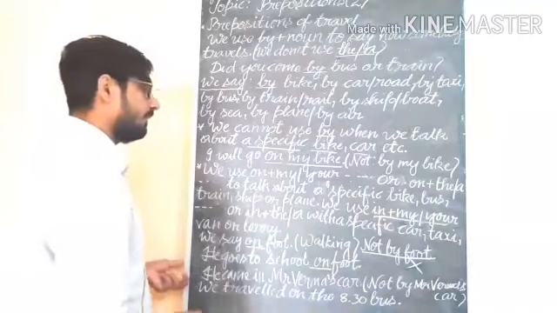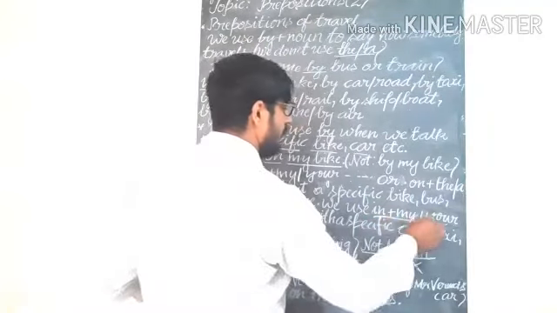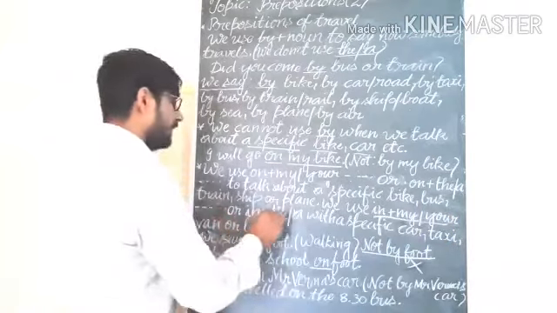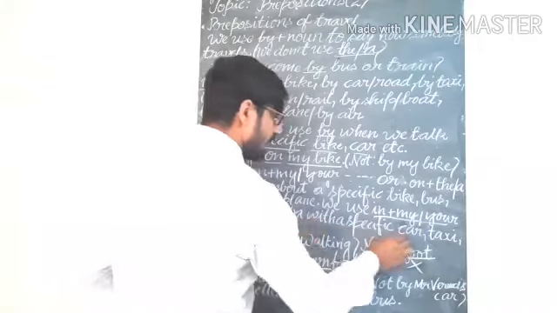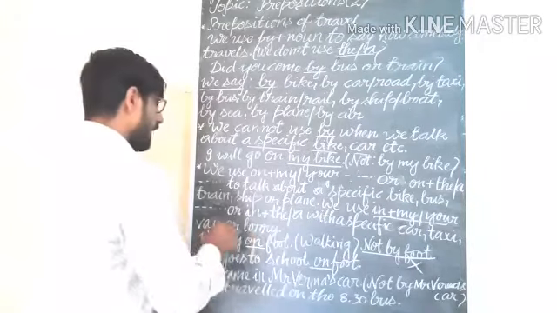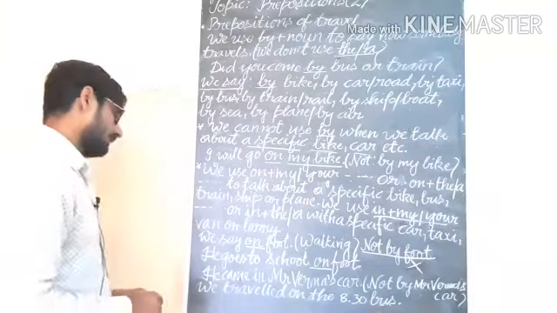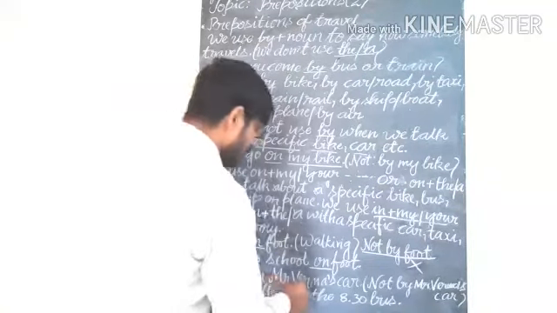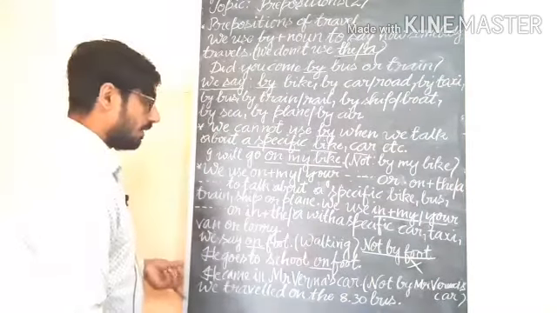Here we use "in" or "in" plus my or your, or "in" plus the or a, with a specific car, taxi, van or lorry. So here the specific car is Mr. Burma's car. So we write Mr. Burma's car, not by Mr. Burma's car.